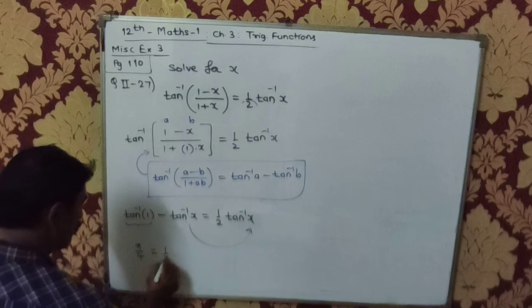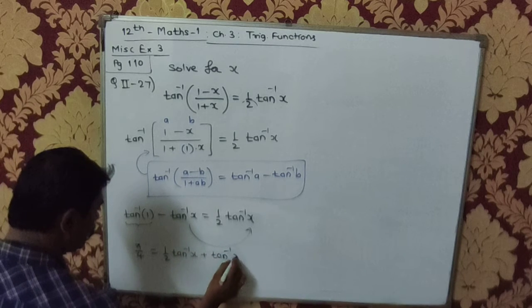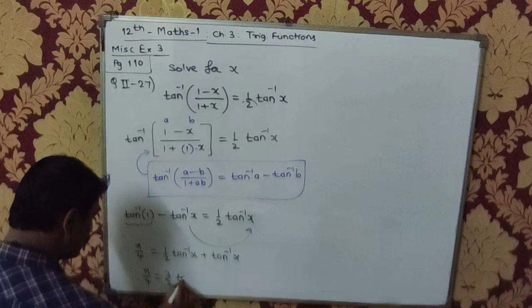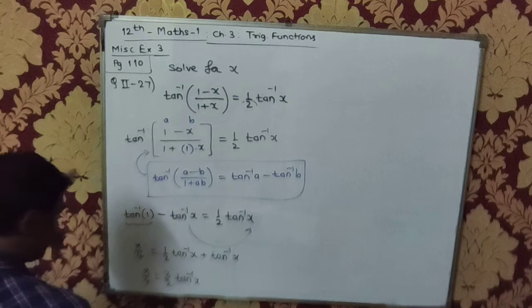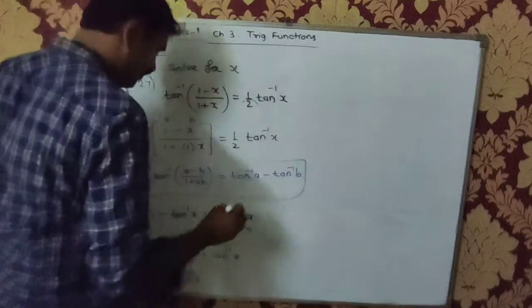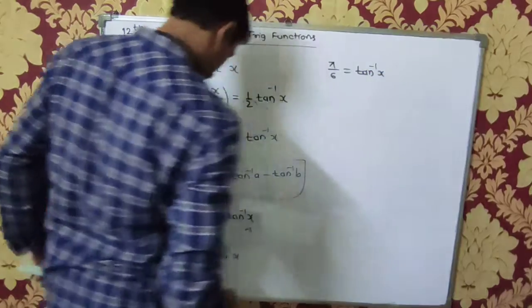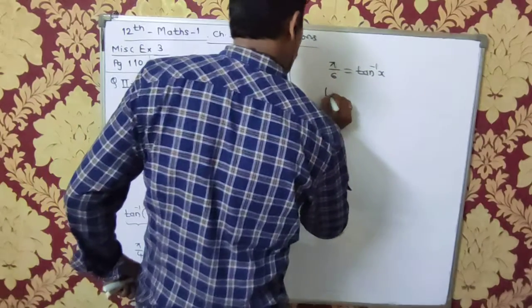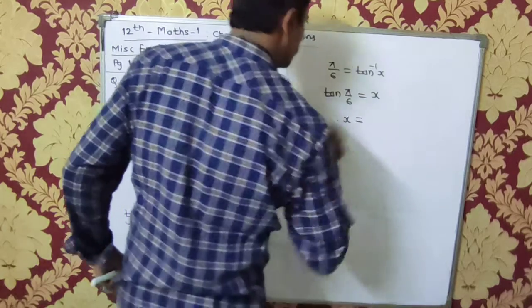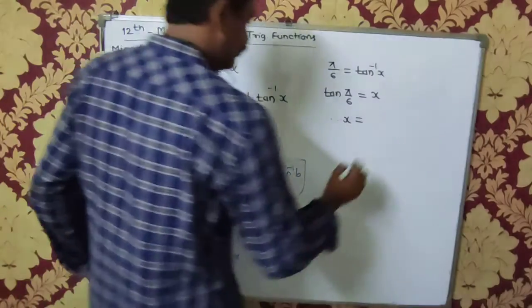तो ये tan inverse of x इधर जाएगा, and tan inverse of 1 is actually pi by 4. So that is equal to half tan inverse of x plus tan inverse of x. तो 1 plus आधा 3 by 2. So pi by 4 is equal to 3 by 2 tan inverse of x. Now this is 2 2s are, और ये 3 2s are 6 होगा. तो क्या हो जाएगा? Pi by 6 is equal to tan inverse of x. Okay? Pi by 6, and therefore tan of pi by 6 is equal to x, and therefore x is equal to tan of pi by 6, that is equal to 1 upon 2.